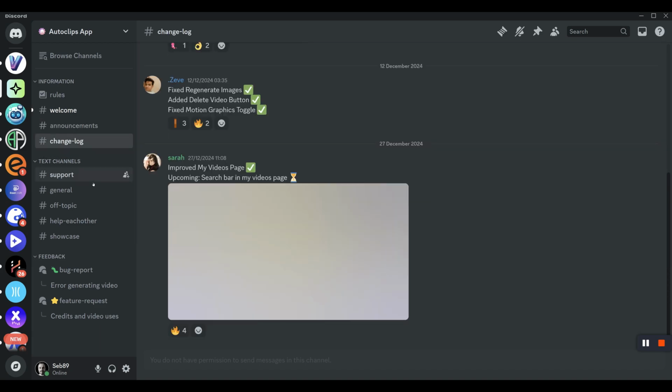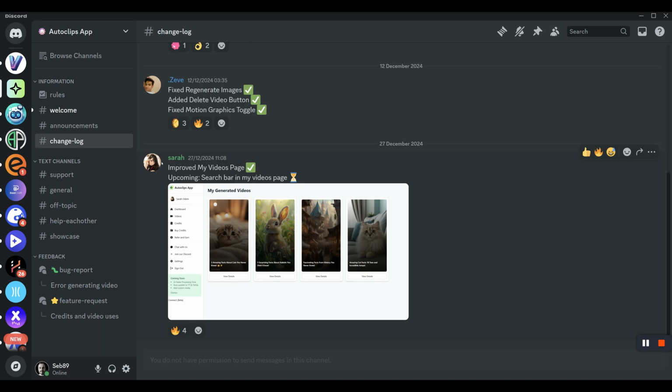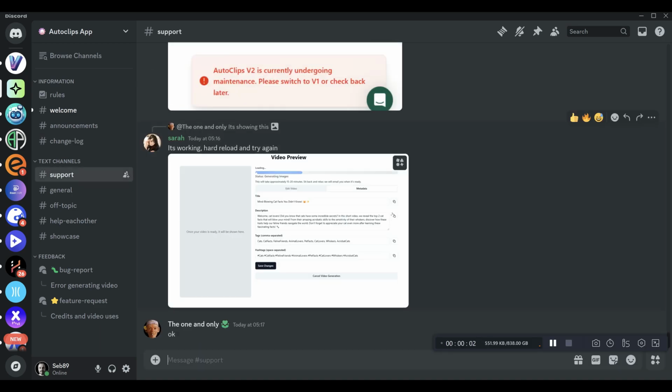They also have a change log, so that's fairly active. And I believe Sarah and Zeev are part of the Autoclips team. Over the past few weeks, there have been quite a few bugs and issues which they are active at fixing. Although sometimes they don't get back straight away, they are looking and they are implementing actions to fix these